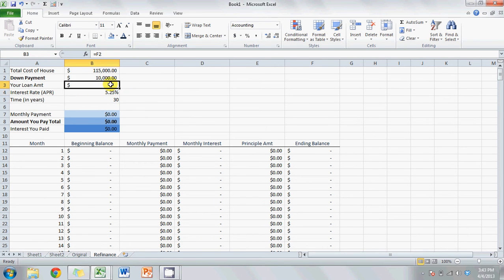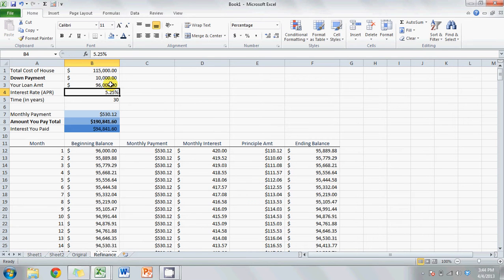Okay. So I know that when I refinance, I'm going to be refinancing $96,000. And my new interest rate, let's say it's going to drop all the way down to 4.25 instead of 5.25. So I've entered in my new loan amount, I've entered in my new interest rate, and it's still going to be a 30-year. It's reset my 30 years, right? Now I can see that by refinancing with an interest rate of 4.25 instead of 5.25, the total amount I'm going to pay is $170,000 at the end of